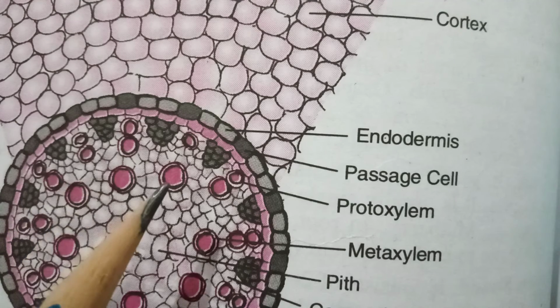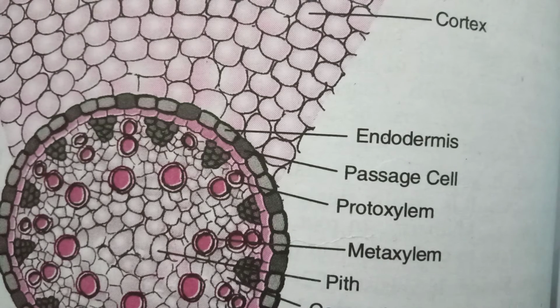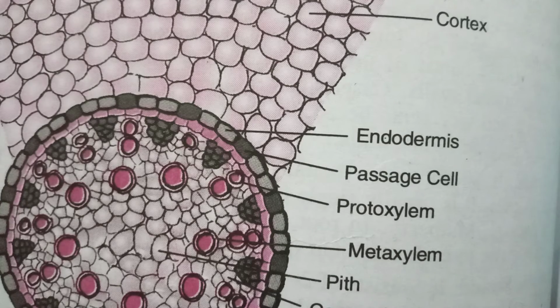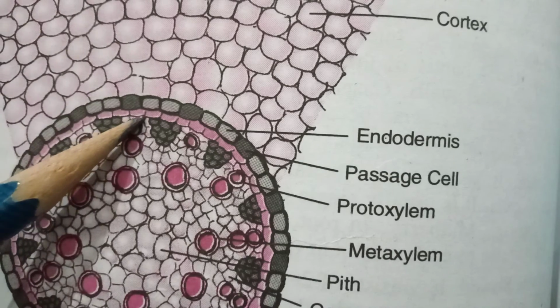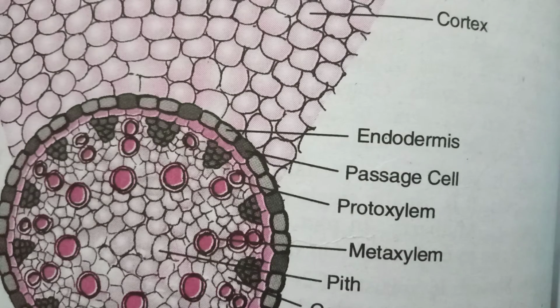Then next are the vascular bundles. Here the vascular strand is polyarch, that means a large number of xylem bundles are present, with metaxylem and protoxylem. The xylem is exarch, that is, protoxylem lies towards the periphery and metaxylem towards the central part. That's why this is an exarch type. Here also conjunctive tissue is present, which separates the two channels conducting food and sap.